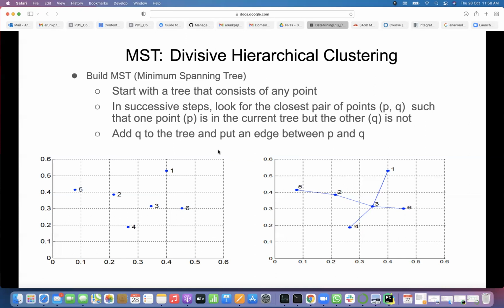Between which two points the distance is small, those trees you will merge. The edge you take to merge two trees should have a very small weight compared with all other merges. So in successive steps, look for the closest pair of points P and Q, such that P is in the current tree but the other is not. Add Q to the tree and put an edge between P and Q.